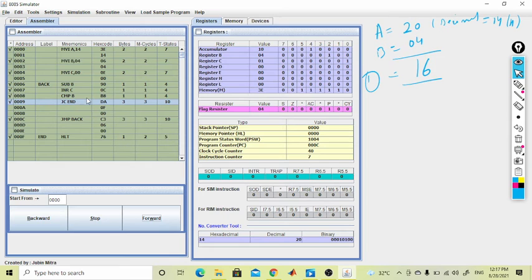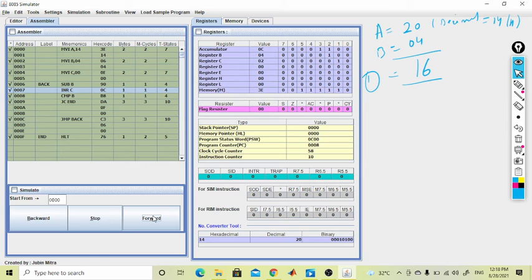So where will it go? It will go to jump to back. So now it will not go to the end position; it will again go here and subtract B. Again we have subtracted, and again we will increment C. You can see register C is incremented by 1 and it is now 2.